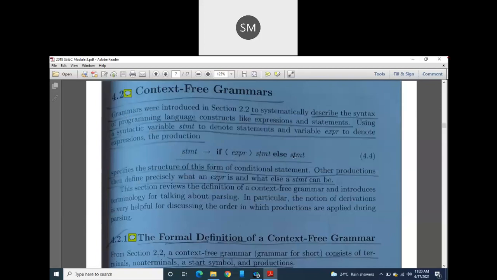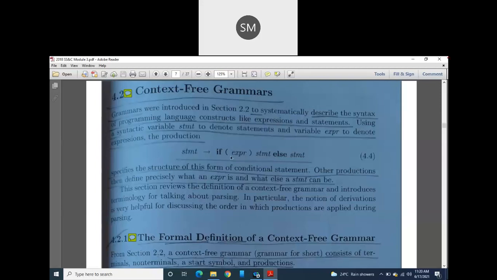Then in the body of this production, again there are some non-terminals, like expr and stmt. Still I don't know what this stmt is, and I don't know what this expr is. So I have to define them still. Only then will it be called a complete grammar. Here, whatever bold letters I have written are called terminals. No need to define them, these are the dead end. So I am calling them terminals. These terminals only will become leaf nodes in your parse tree.